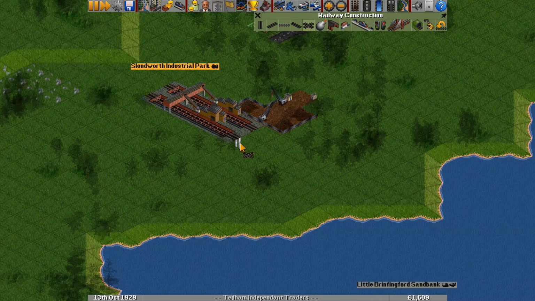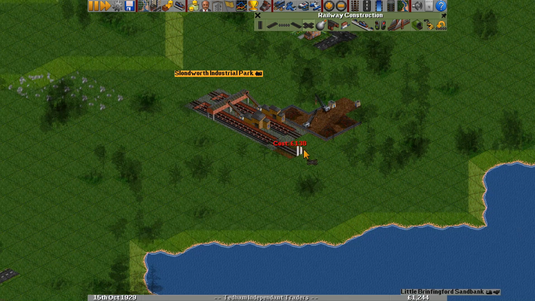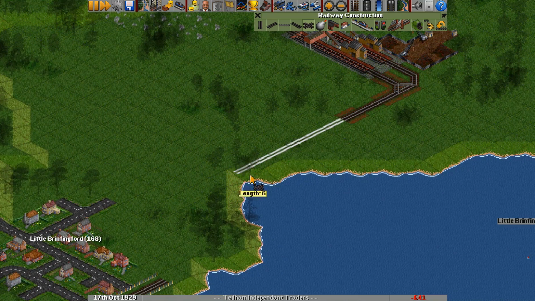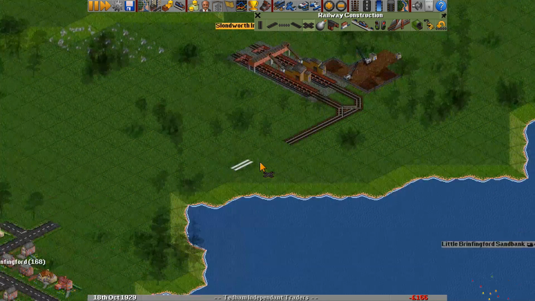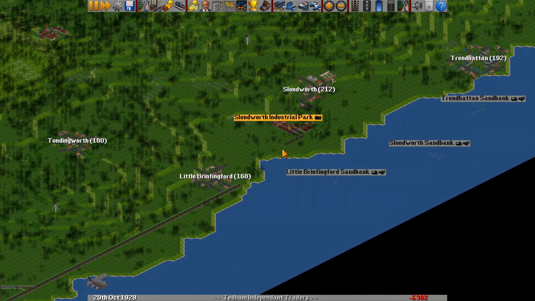I mean, you can tell it's an unloader because it's got the drop to drop materials in. But there we go. We're just going to do that now. I think I should be able to just... Yep. Oh, not enough cash. Not enough cash. We have to wait for our other trains to bring in some money before we can finish